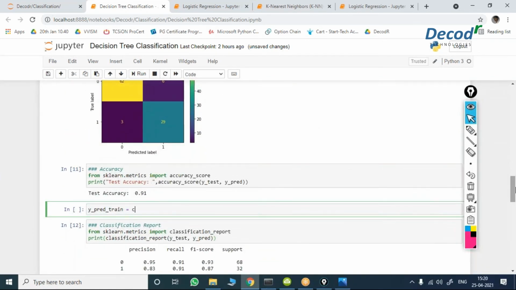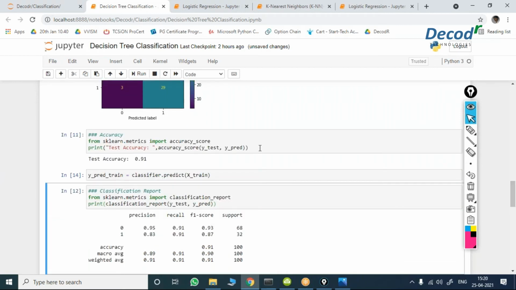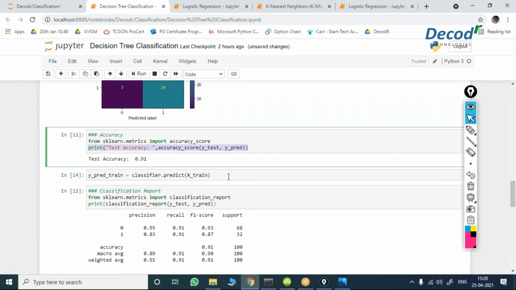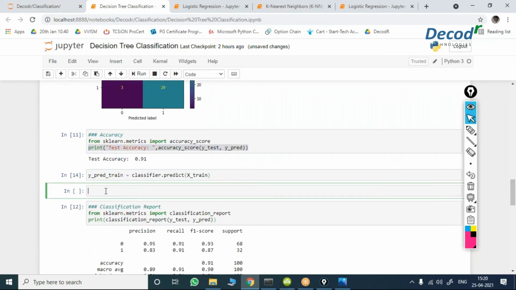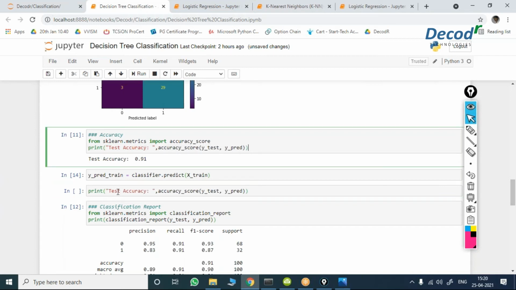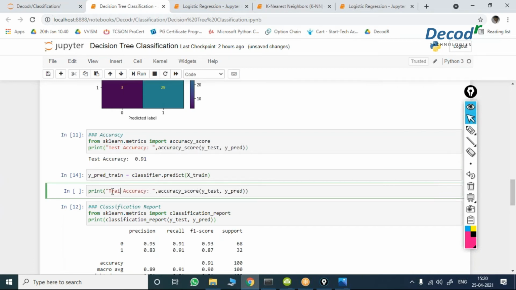Here also I have taken classifier. So classifier.predict on X_train. So I have predicted on X_train. Now I calculate the train accuracy between the actual y_train and y_pred_train.